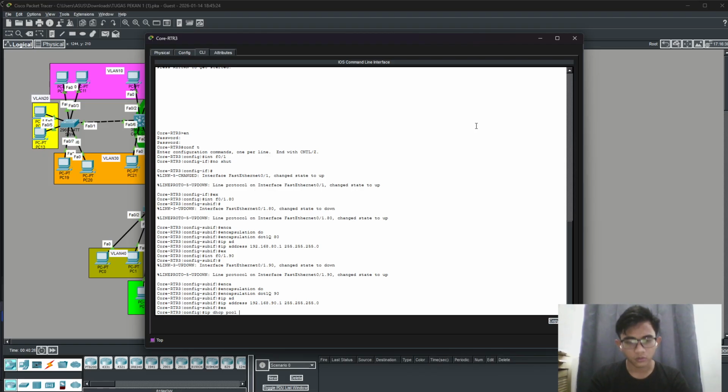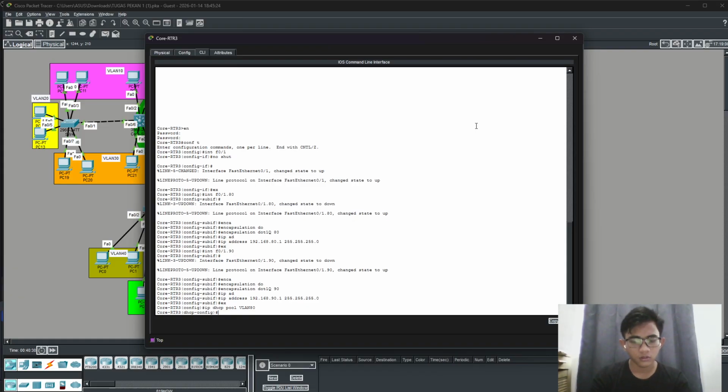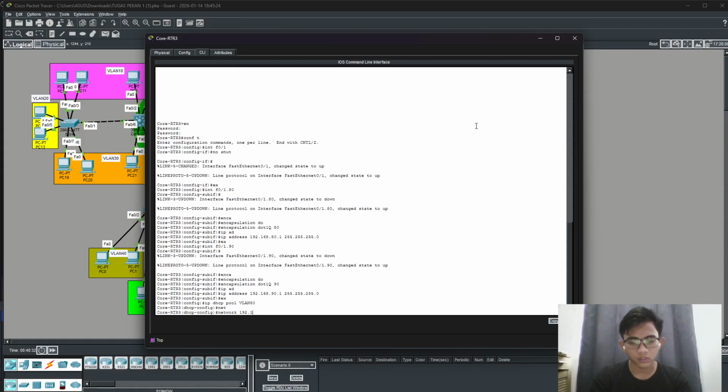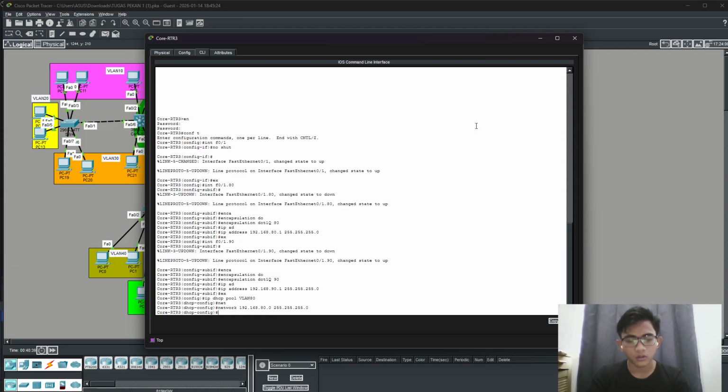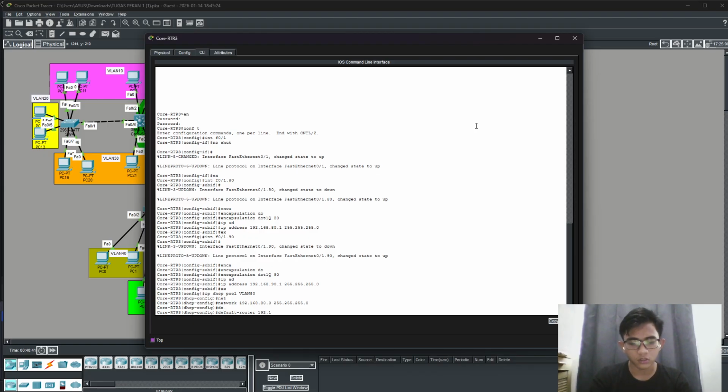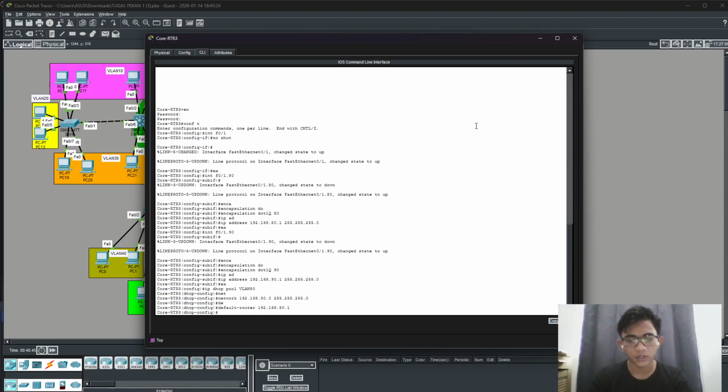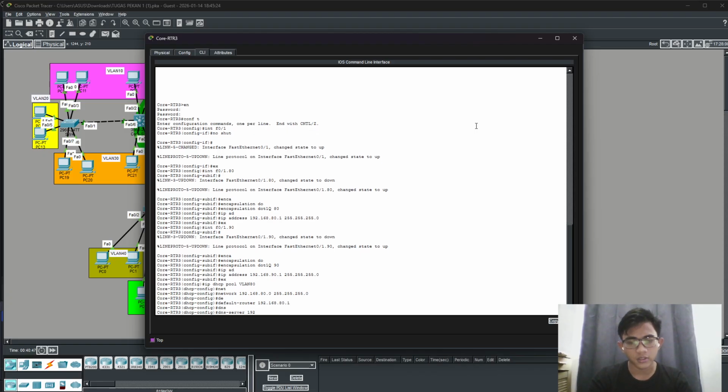Now we'll make the DHCP. The DHCP pool is VLAN 80, network 0. Okay, and the default router will use the IP on this router, I guess, so 0.1, and the DNS server is the same.